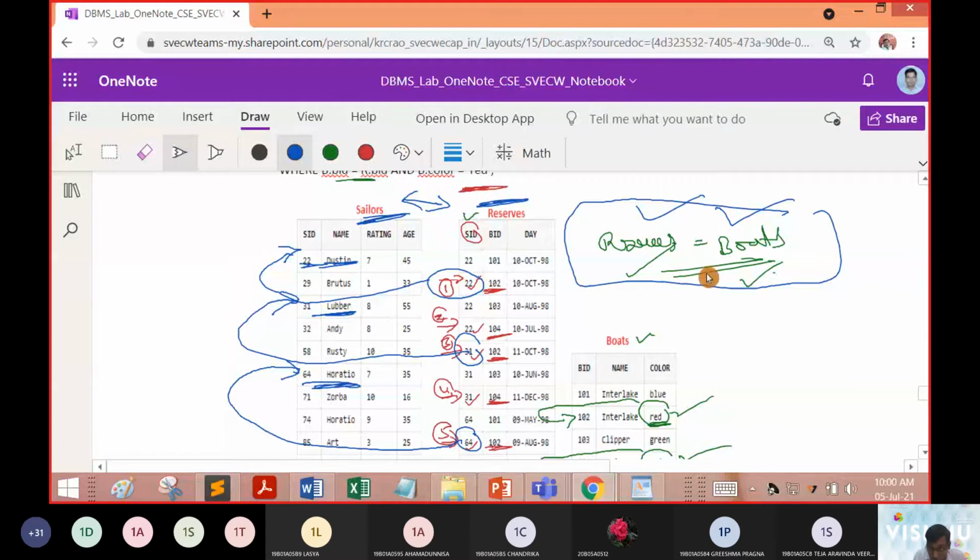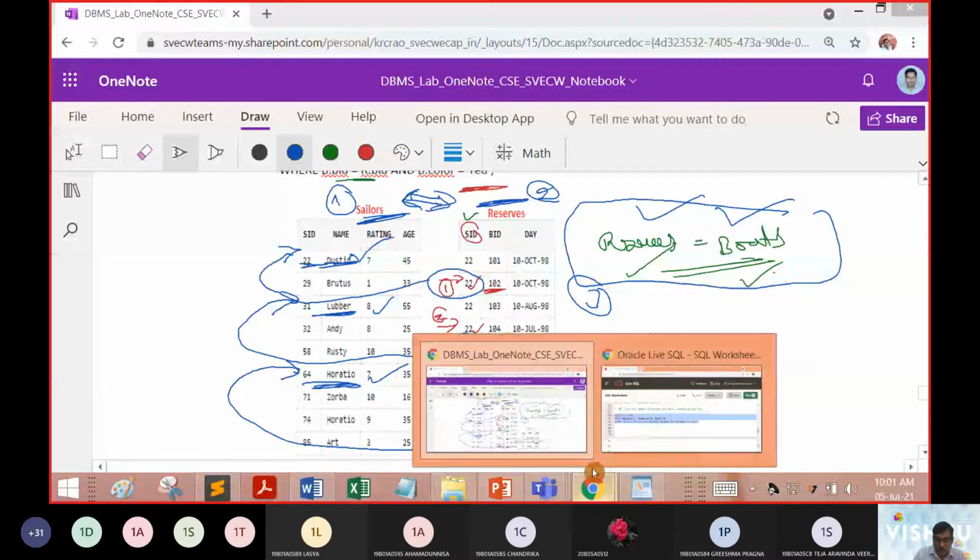Now we are getting data from multiple tables: one, sailors; two, reserves; and three, boats. As we have already covered this reserves table, 22 is going to be there, it is displaying Dustin's name. 31 is going to be there, displaying Lubber's name. 64 is going to be there, and 64 displays the Horatio name.